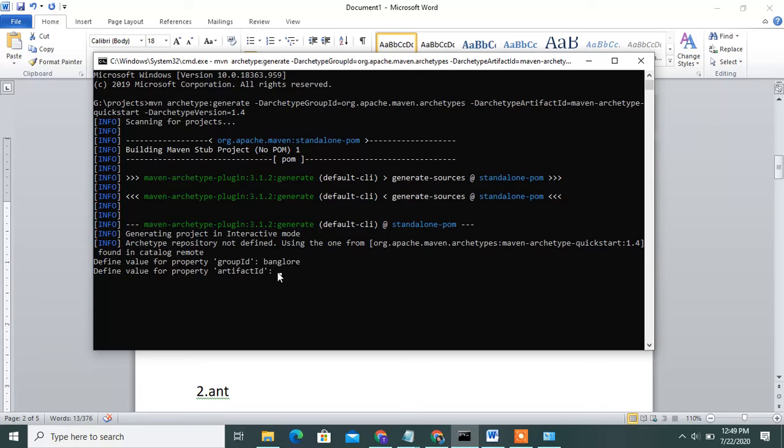Then artifact id means your application name. Then the version is 1.4. Define the value property, package name also, in first project.